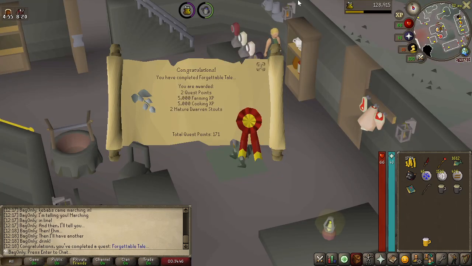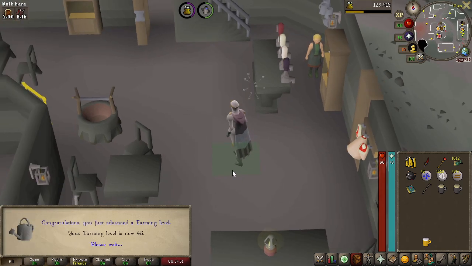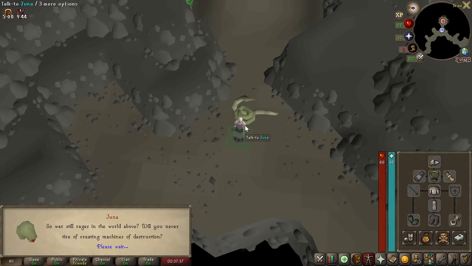Cool, and with that, that's Forgettable Tale done. That's 5,000 farming, 5,000 cooking. 43 farming off that. Not a cooking level because we're already quite high. So that's good. Right, just going to bang out this week's Tears of Guthix before we go do rat catchers,